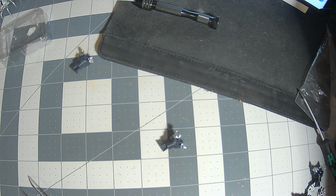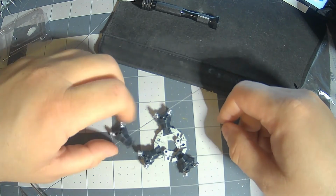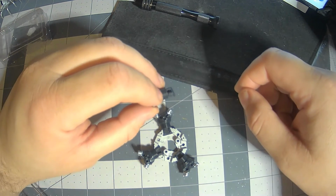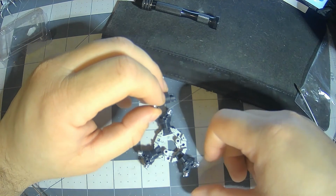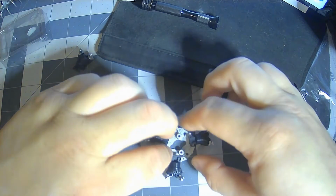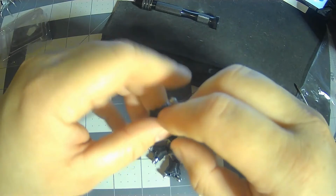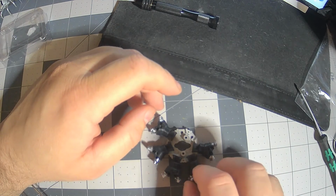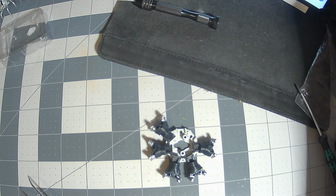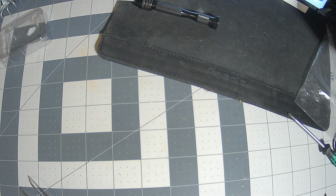Now we bring back this and we place two motors. One goes here. We'll go there. The other one will go here. So we can put that back to the side, because we'll need that in the next stage again when we finish up the motor. Next we need to bring